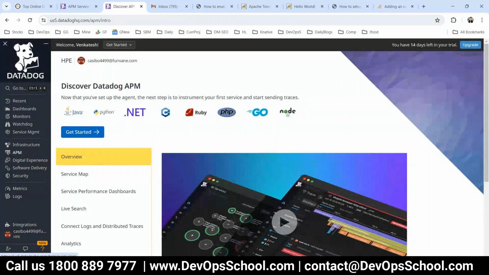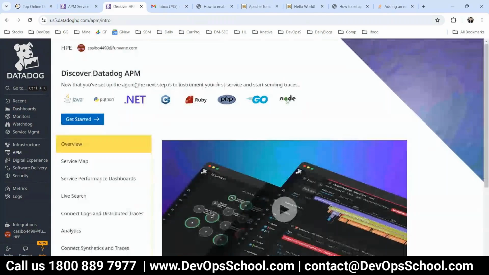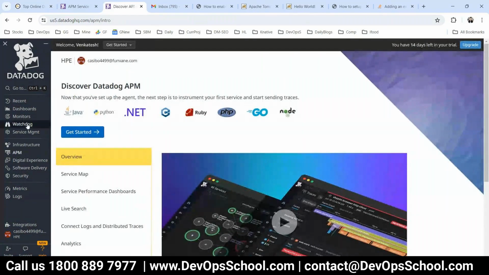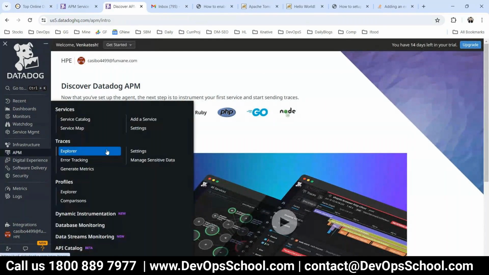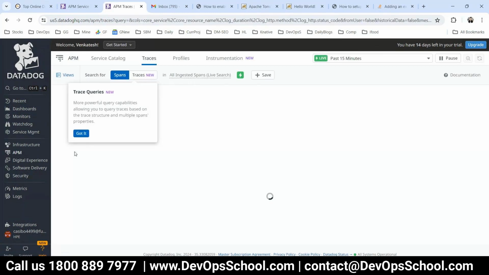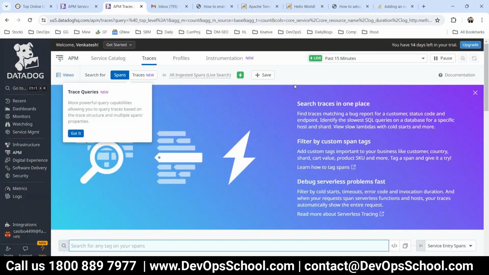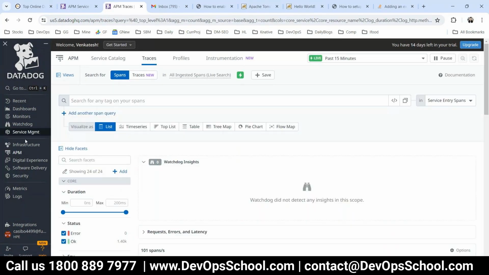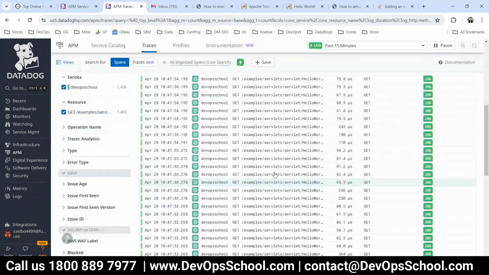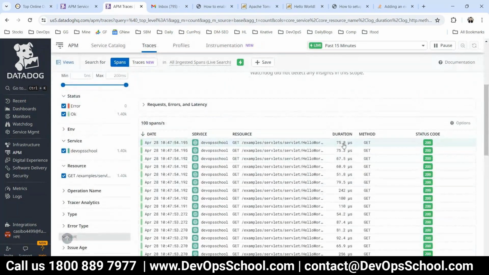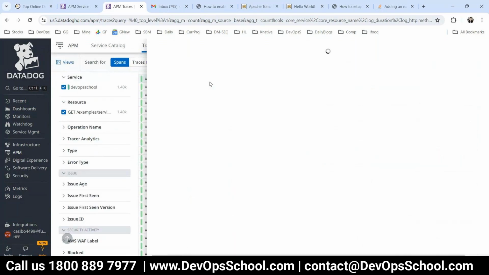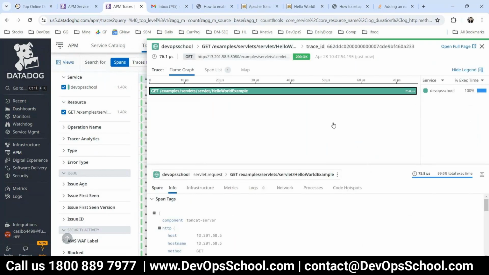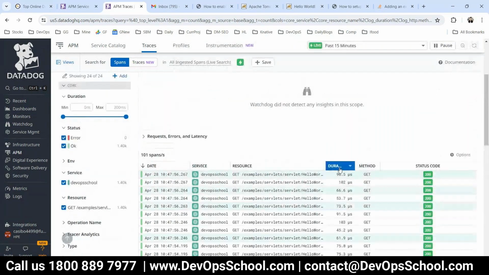Right now Datadog doesn't have anything, but just wait a few seconds. See, automatically, just cancel this, and you see these are the traces. Now look at the response time durations. So we have collected the traces, and now we study which trace is having a problem, and so on